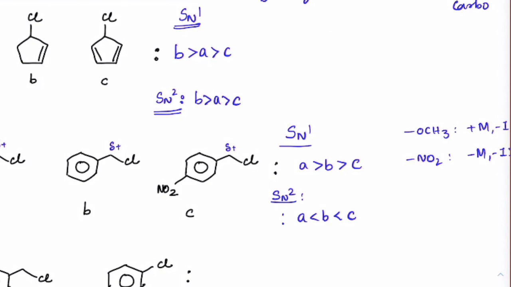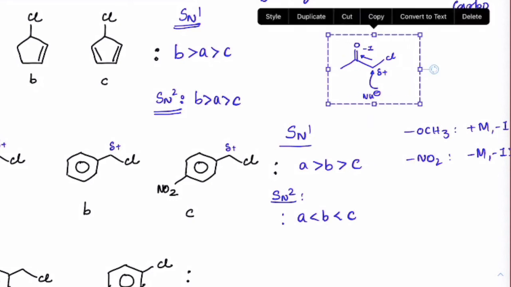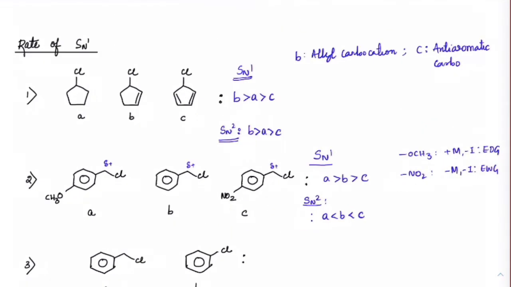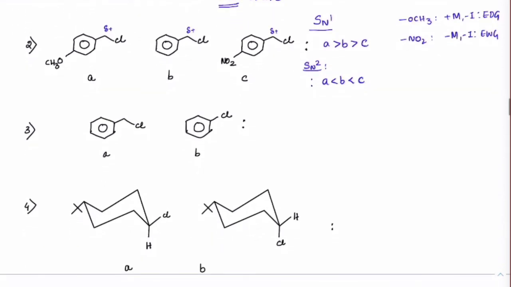Are you getting this, guys? In fact, if you just recall the C double bond O, the nucleophile attacks there, and like I said, there are two reasons for it. One is anti-bonding orbitals, they will make a hybrid orbital for the lowest ABMO. That was one reason. Second reason, I told you that it is a strong withdrawing group, a minus I group. So whenever there are minus I groups, delta positive would be more on the carbon and the nucleophile will attack at a faster rate. Is that okay, everyone? Yeah. Next.